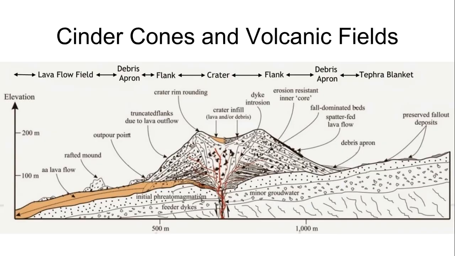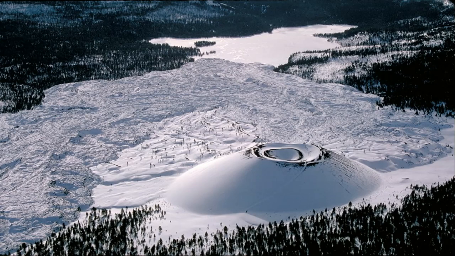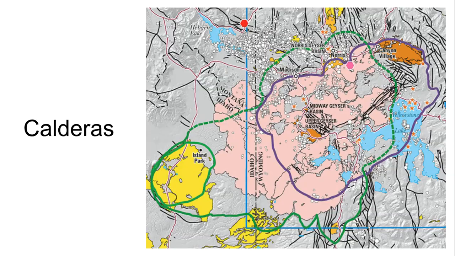All right, cinder cones and volcanic fields are often the ones that are less discussed. Anywhere where magma is pooling underneath the lithosphere, you can get cinder cones or a volcanic field. Cinder cones don't tend to be as tall as stratovolcanoes, but they can still be very explosive in their eruptive style. Here's a cinder cone. It says this is part of the Mount Lawson area. I may be wrong about that.